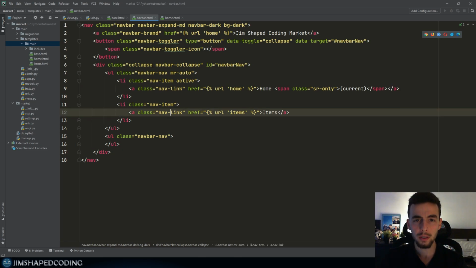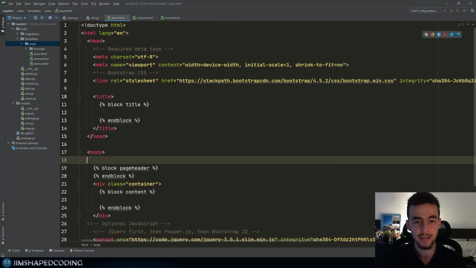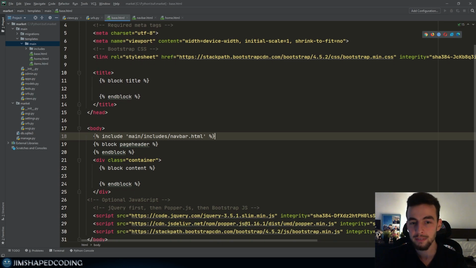Now what I'm going to do is going back to my base and use here a code statement which is going to look like this. So this time I will call a function which is called include, and basically it is like putting all the HTML code here. So this is what include does. So I will navigate within my string into main/includes, and then I will paste in here navbar.html, and this will be responsible actually to put my navigation bar